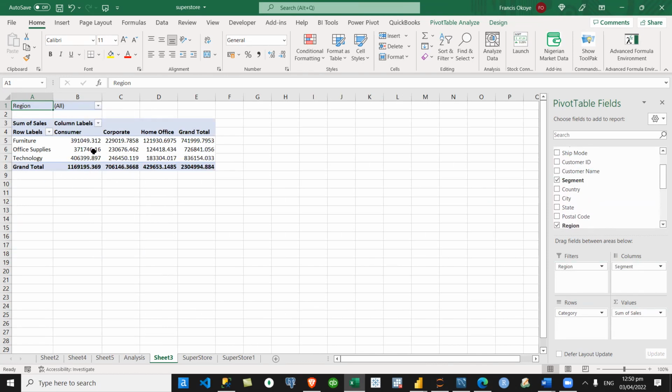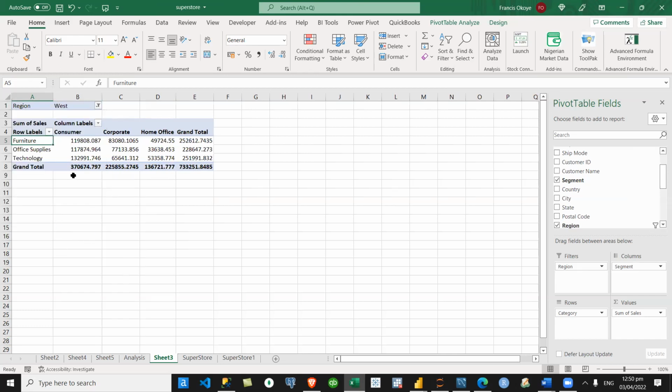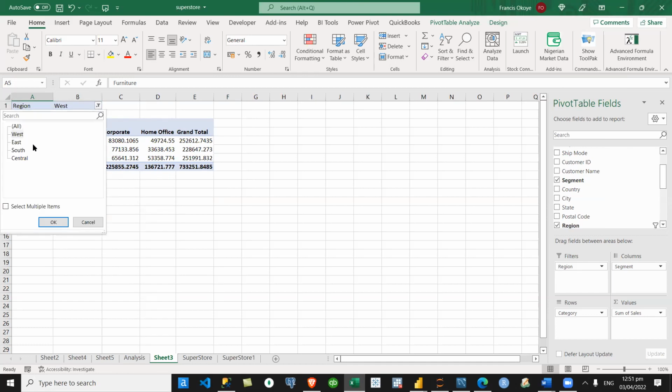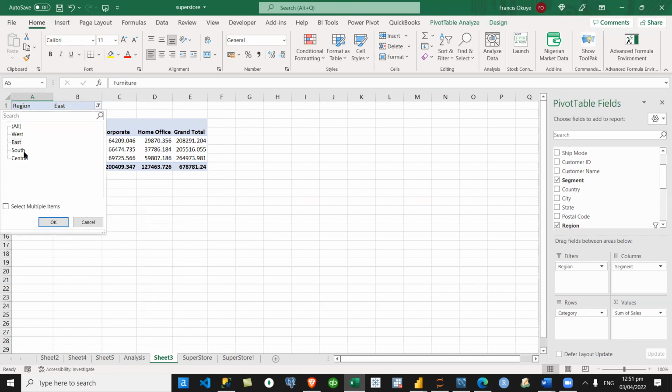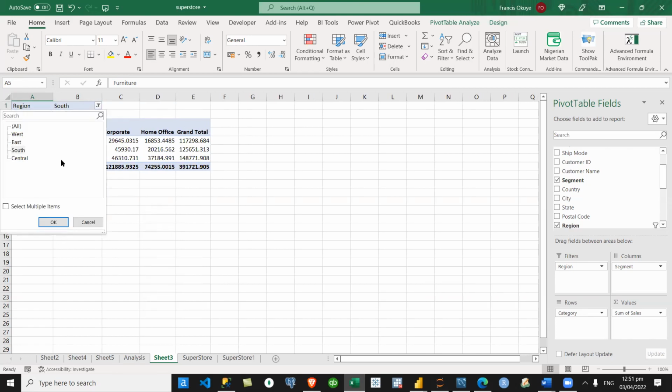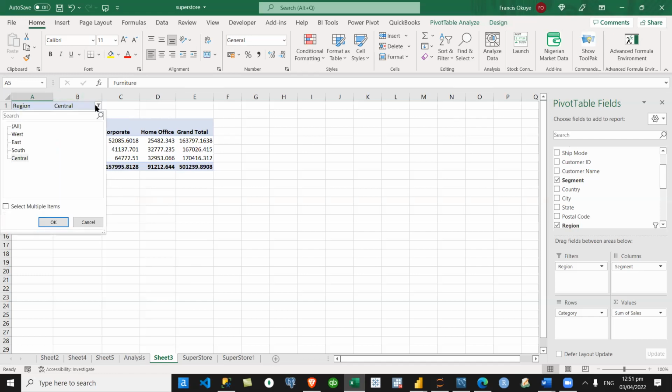Can you see segments? This segment now, this is the category for all regions. So for example, if I want to see for West, this will be for West region. This is the report for West. This is going to be the report for East. This is going to be the report for South. And this is going to be the report for Central. Now imagine you have about, so that means if I want to do reports, how many reports will I have here, based on the region?